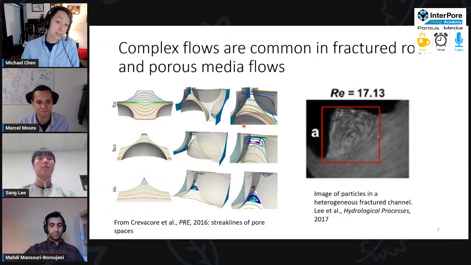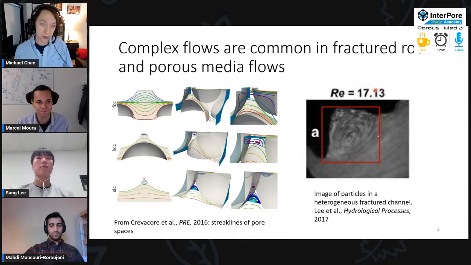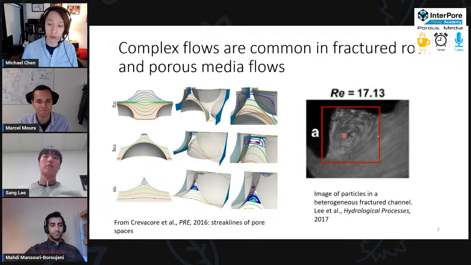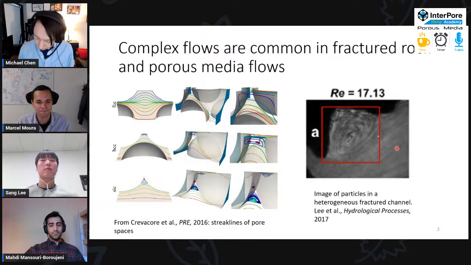depending on how we arrange our porous media grains, we will get recirculating flows that influence transport of solutes and the like. Similarly, we have also seen that mild inertial flows, right, moderate Reynolds numbers, so we're still in a laminar regime, flows are steady, but still some contribution of inertial forces, leads to these more complicated, and I say complex, recirculating flows. And this happens both in porous media and in fractured flow. And this image here is from a paper showing this occurring in a fractured flow.